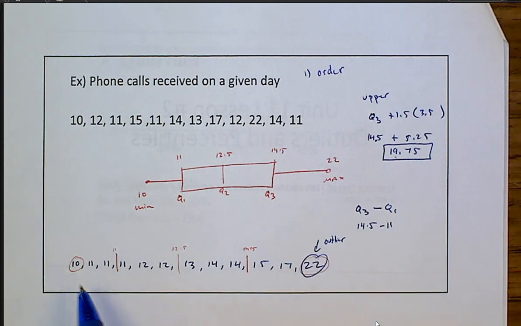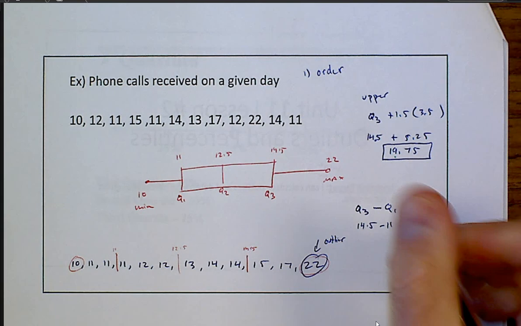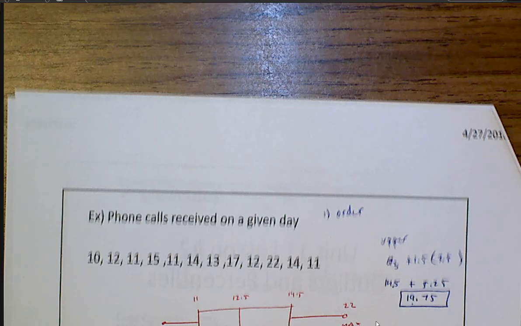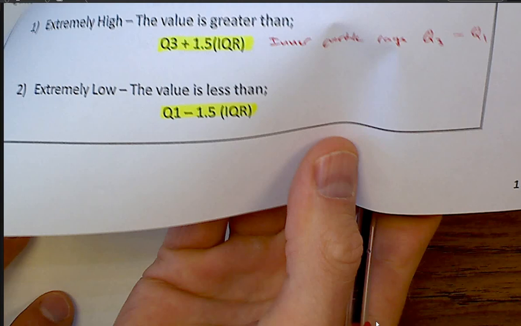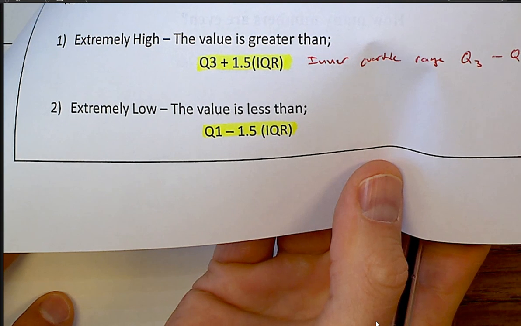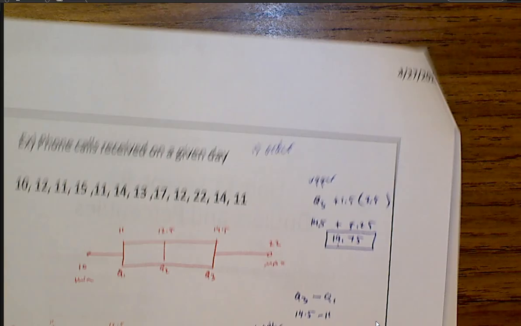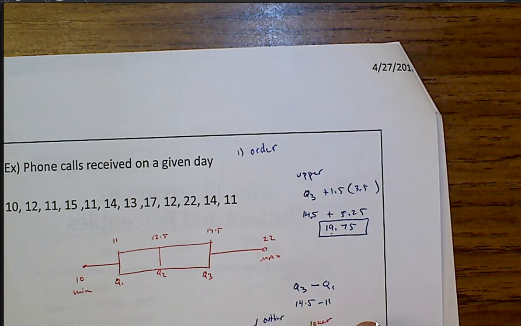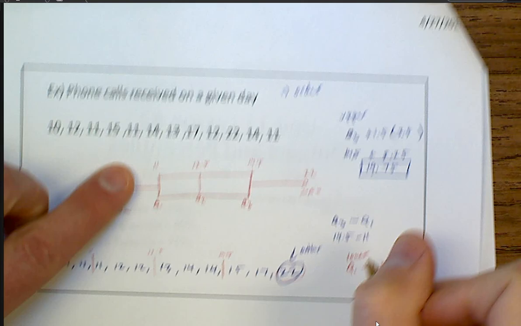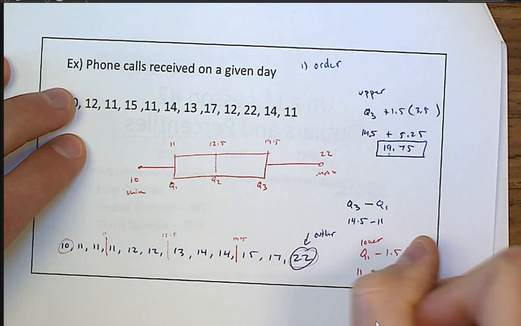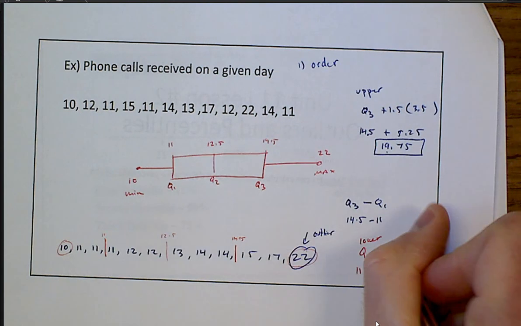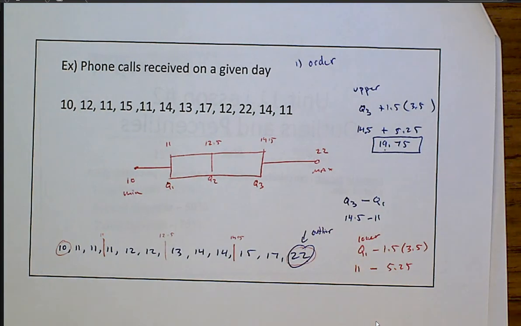Let's test to see if 10 is an outlier. So for the lower end, you don't have to write that, but just look back at the front page, it's going to be Q1 minus 1.5 times the IQR. We already know the IQR is 3.5, and Q1, remember, is 11, and then we're going to subtract 1.5 times 3.5, and that's going to give us 5.25, so 11 minus 5.25, and we get